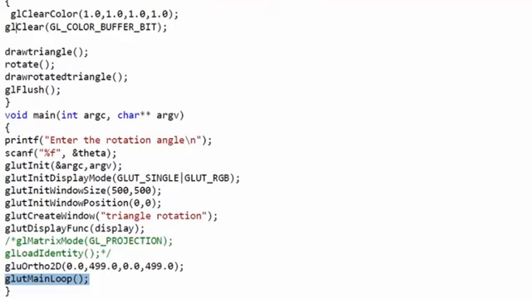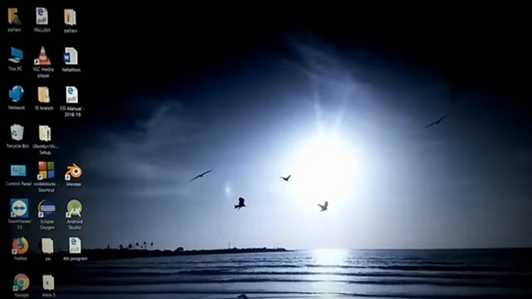So this is all about the program that we are going to execute here in our second program, the second objective of this computer graphics lab. Now let's quickly see the output. Okay guys, let's now run the code.